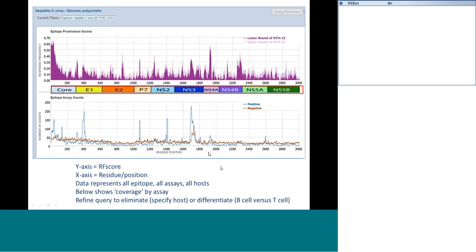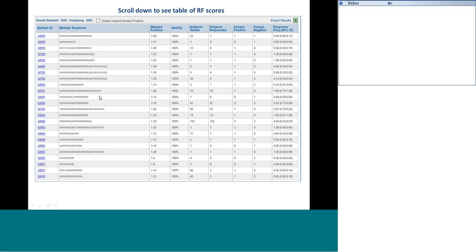Now, if you scroll down on that page, this is the data table. And again, Julie's going to walk you through this in great detail. This just gives you an idea. If you were to scroll down, you get the table that is actually the RF scores per epitope, mapped by position, their identity to the reference proteome, the raw number tested over number respondents, or number respondents over number tested, excuse me, the number of positive assays, the number of negative assays, and the raw RF score. All right, so now, with no further ado, Julia will be